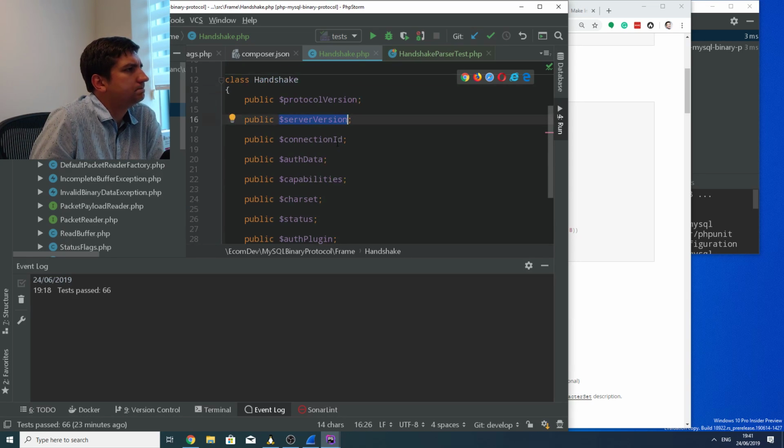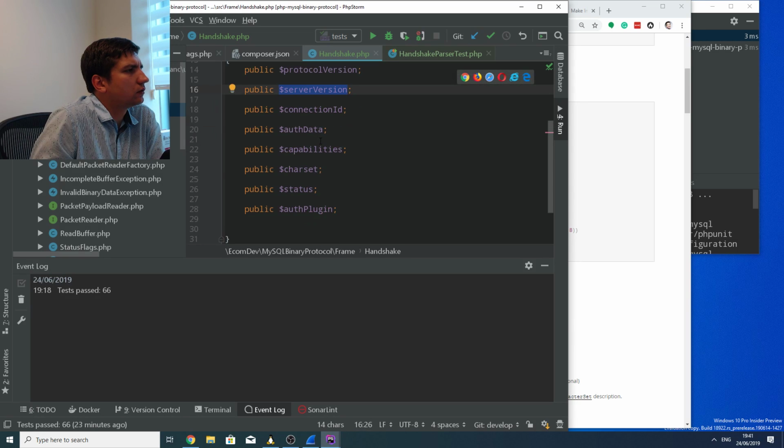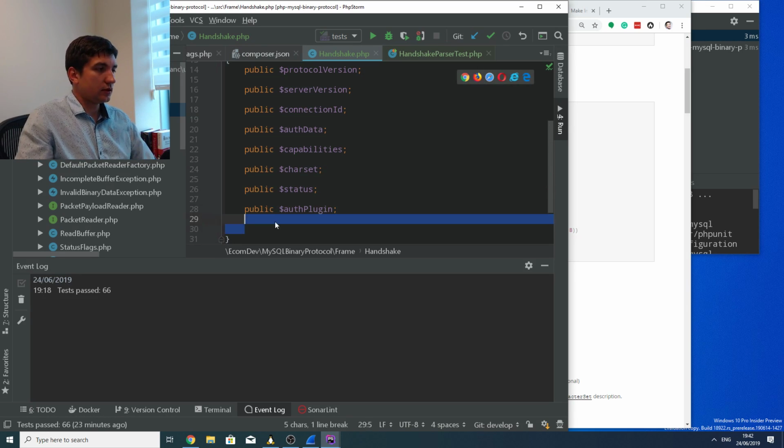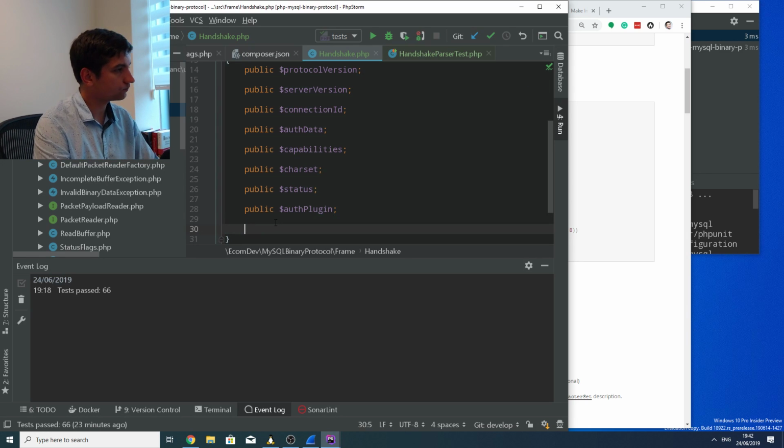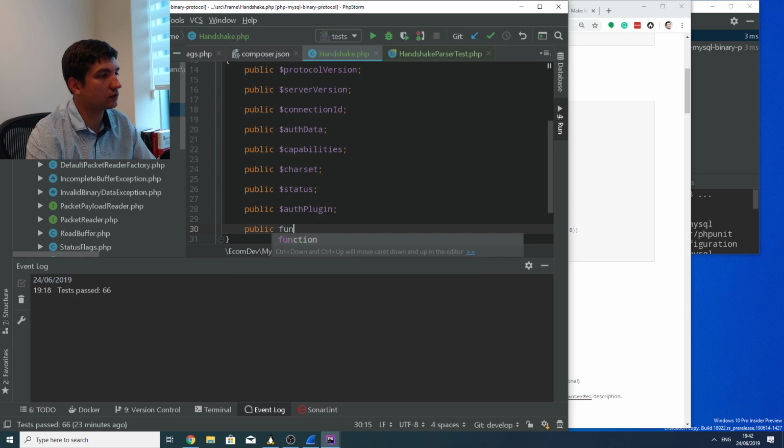Okay. Version of the server. Now, I actually don't want to write a test for getters. It's a little bit wrong thing to do. Let's see what we can do with this one. Let's see, capabilities, char set, auth plugin. Okay, let's write actually